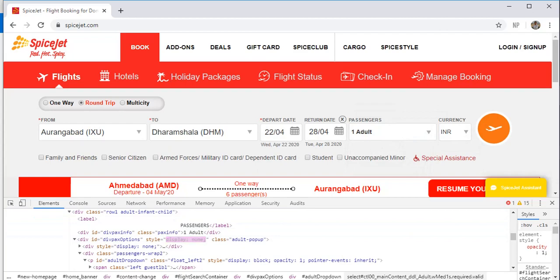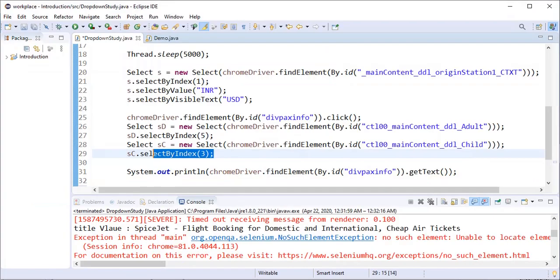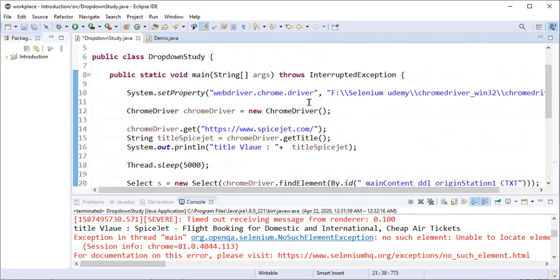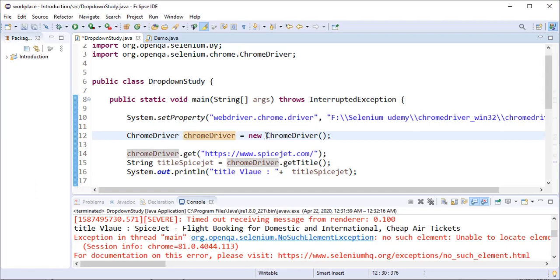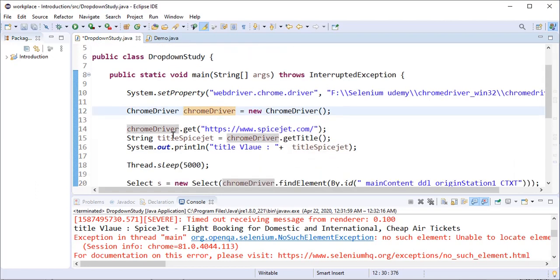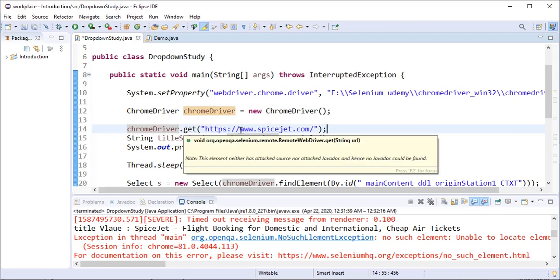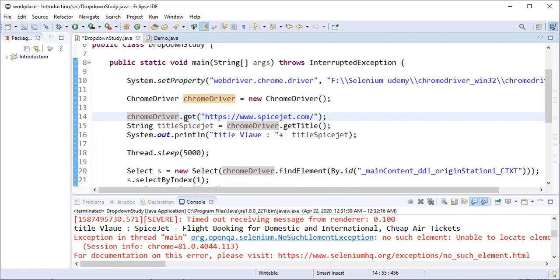For this we will go to Eclipse. Over here I have created a small program. I have set the property for Chrome driver, initialized the Chrome driver, and then visited this page with the get method. As I told you, I will explain the return type of any method.